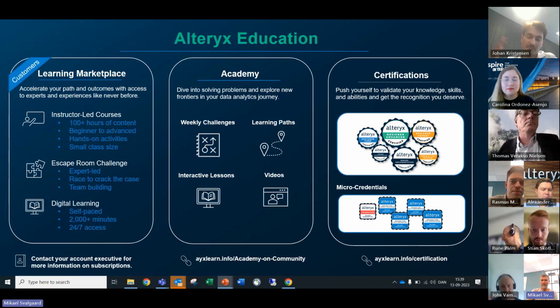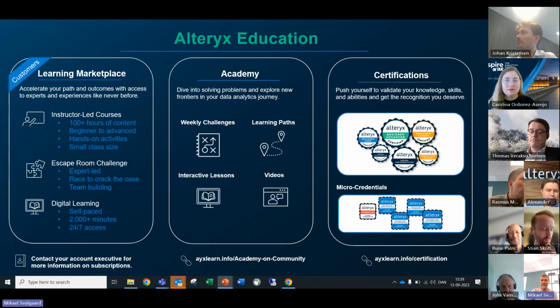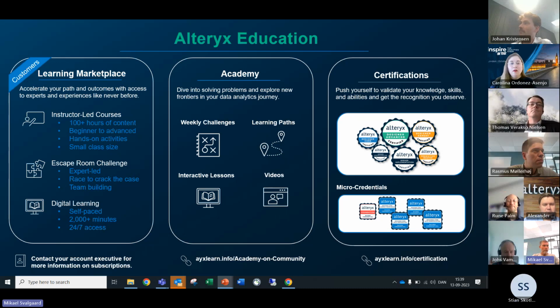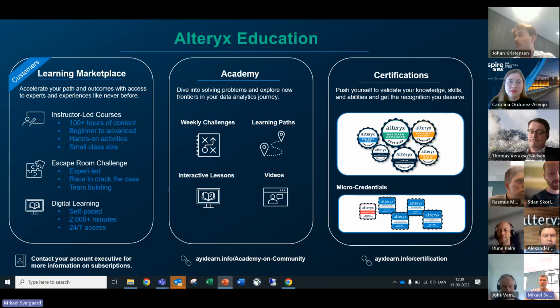And obviously it is different from person to person in terms of the certifications, but from my perspective, given that I'm also certified on the advanced level, I can at least recommend doing the core certification. That will teach you the basics, probably the 15 most used tools, and then moving into the advanced will allow you to deep dive into more of the spatial tools, etc. So if you haven't done that, do it. It's free. I highly recommend it as well. Why not educate yourself, especially if you really enjoy Alteryx?